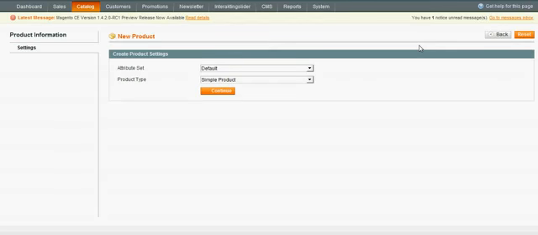Magento really is quite straightforward to use as far as the CMS system, content management system, to load new products and categories and so on. Once it goes into the new product screen, I'll leave the attribute set as default and product type as simple product for this, because as I say, we're just adding a simple product. Click on continue,